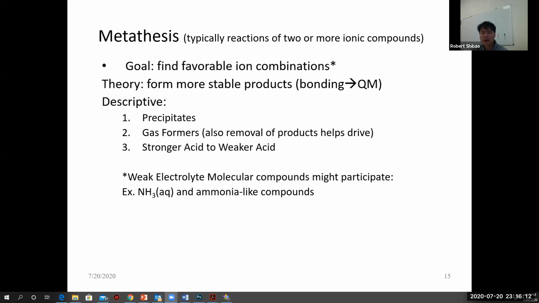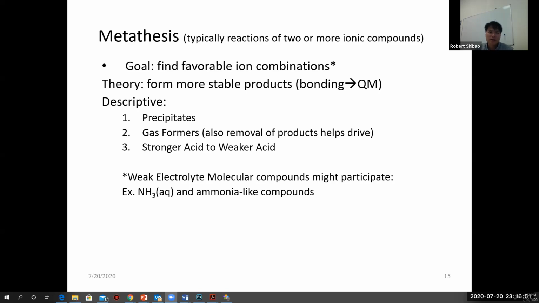Bonding and bonds, the formation of bonds is going to be dictated by quantum mechanics. Quantum mechanics is the theory that underlies chemistry, but looking at this quantum mechanically is a lot of work, and so we just look for little clues that this might be more stable. And one of the clues is precipitates. When you form a precipitate, you're forming an insoluble solid. The ions come together and clump, and they stay clumped together and precipitate out of solution. And so precipitates are formation of stable solids.